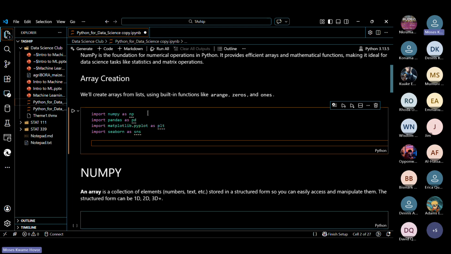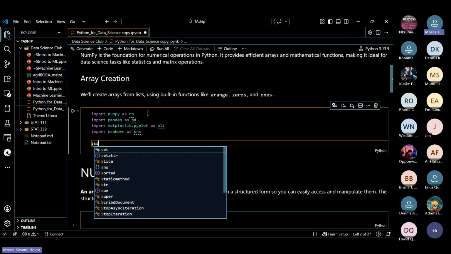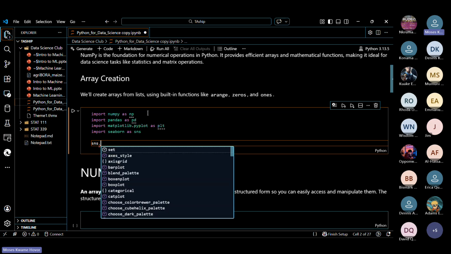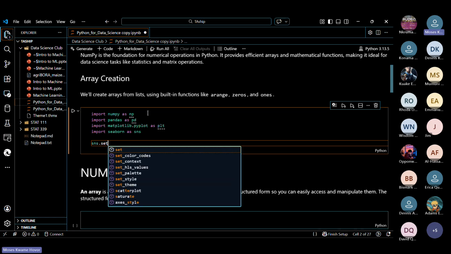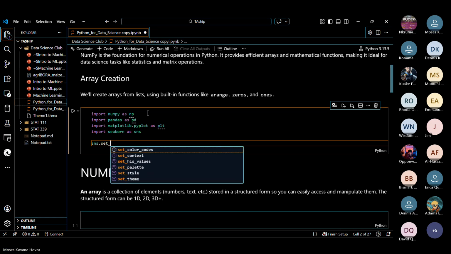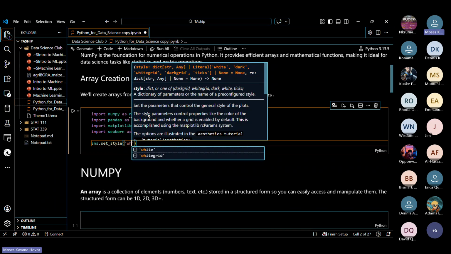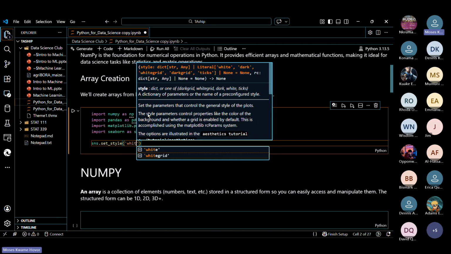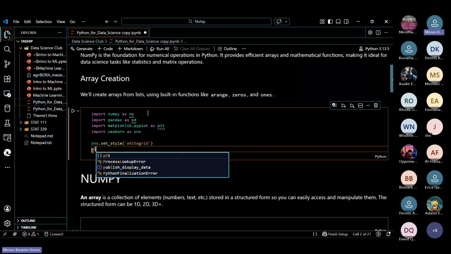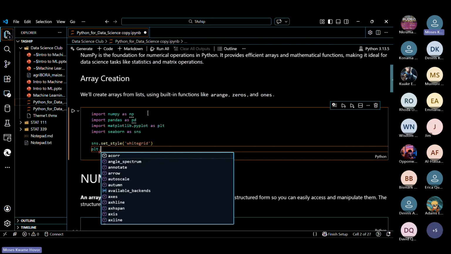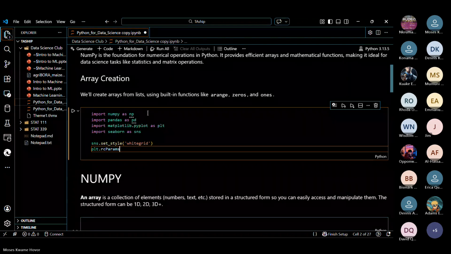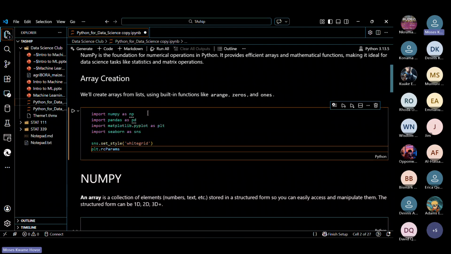All right, so let me just do one thing that isn't really part of the work. I want the graphs that I'll be doing to have a white background, white grid. And I also want to set the figure size.